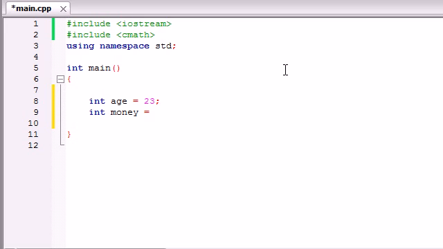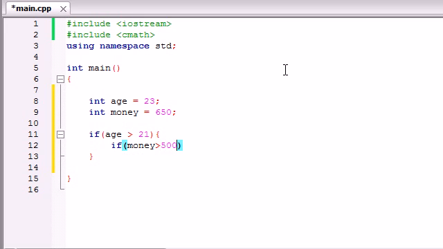So let's go ahead and make this like person has $650. So we can test this like this. If age is greater than 21 and if money is greater than, what, I'll say 500,